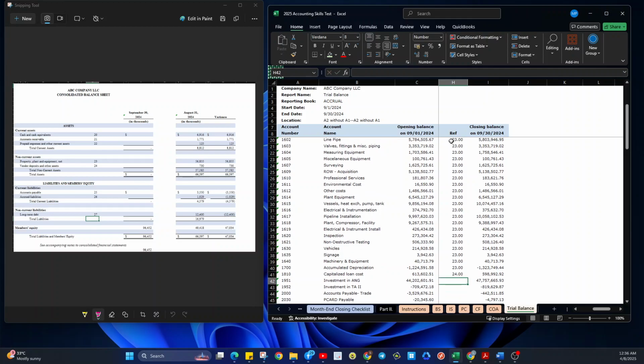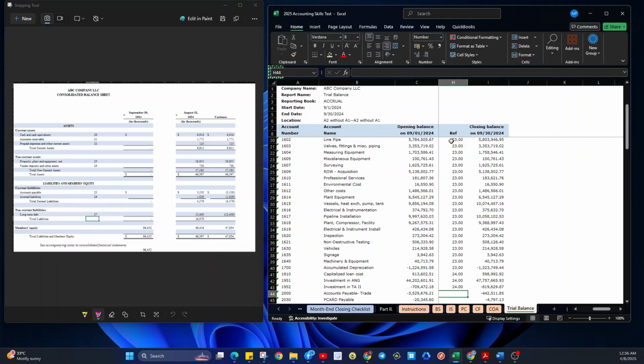Investment, these are investments, so let's put this under 24 also. Other asset. Let's see. Depreciate. Yeah. Other asset, 24.